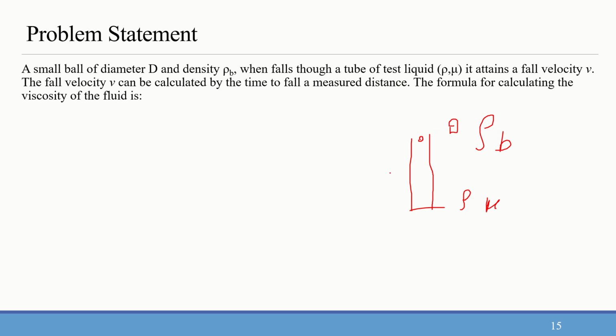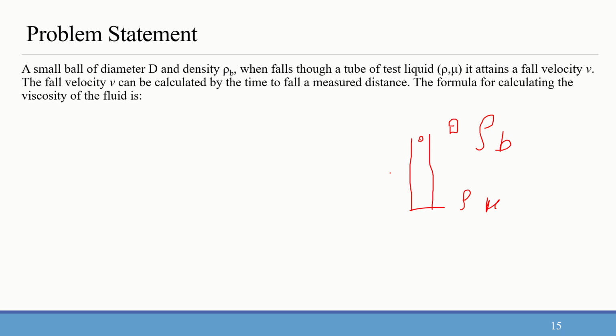The v can be calculated. How can we calculate it? By taking the distance it covers in a specific amount of time. Since it has reached the terminal settling velocity, we are allowing it to go through a certain height in a particular time,